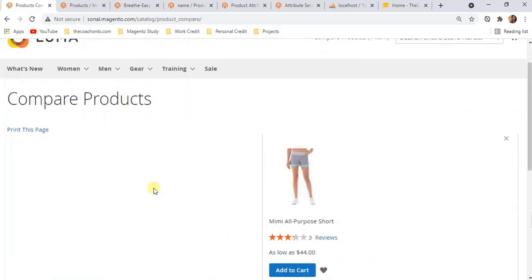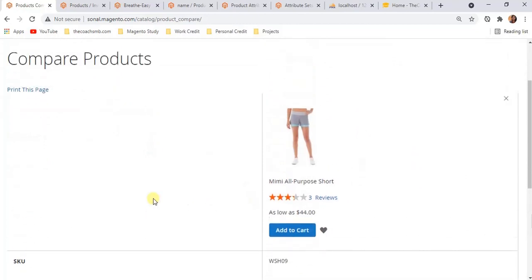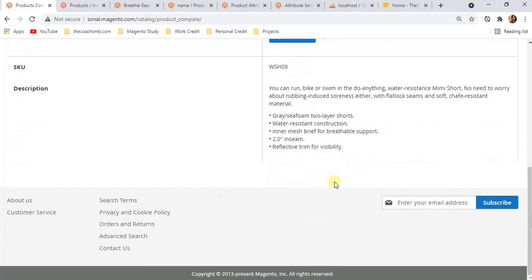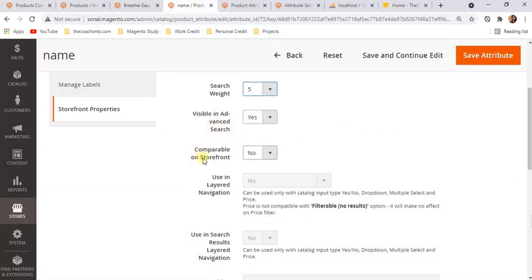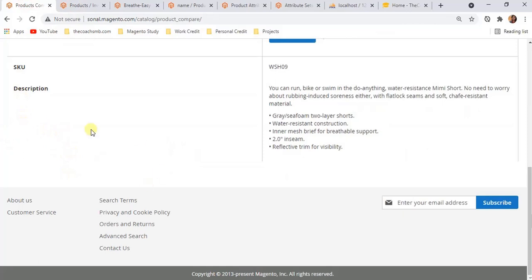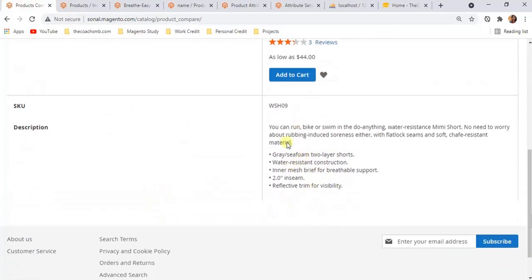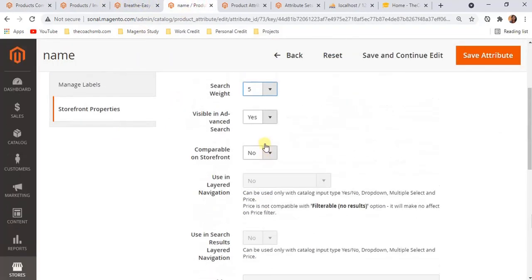Here you can add multiple products to compare them. And what are the attributes being used to compare? SKU and description, because for these attributes this option is selected as compare on front end. If we select yes, then our attribute will also appear here, showing both the attribute values. It's very easy to understand.